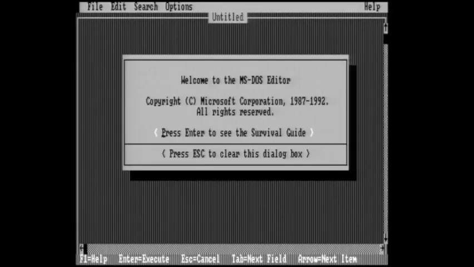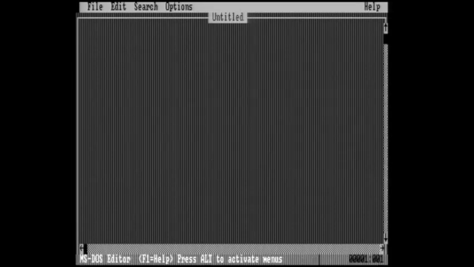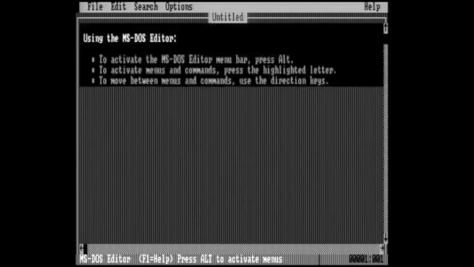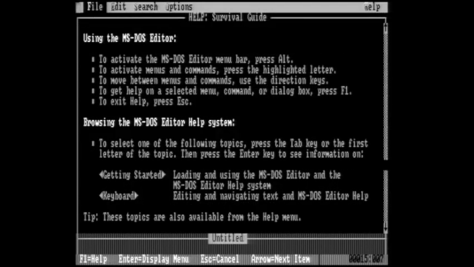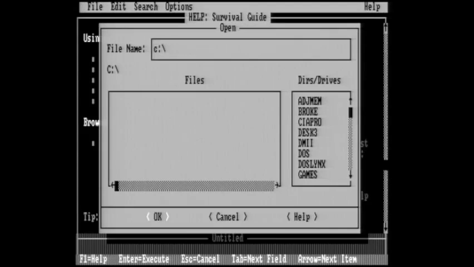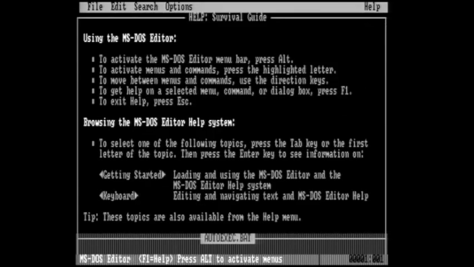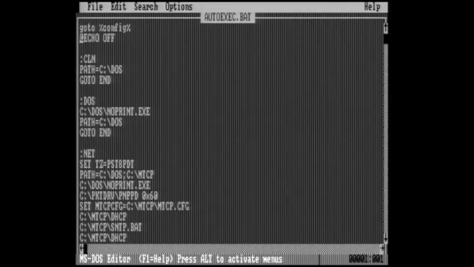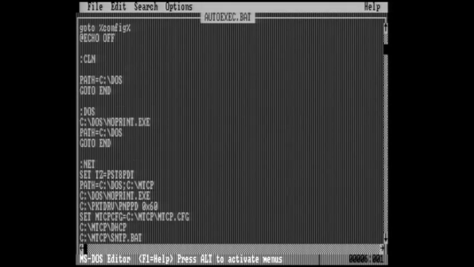So what we're going to do here is we're going to press enter, and then we're going to alt open /c:/autoexec.bat. There we go. And we're going to go back in and edit our autoexec.bat file. And we're going to get the hell out of this help guide here. There we go. So on all these, I'm going to do